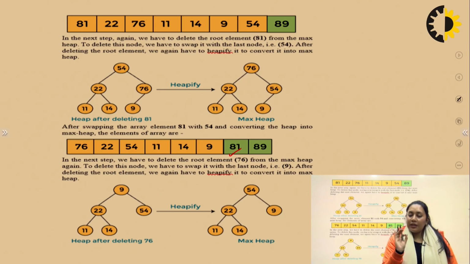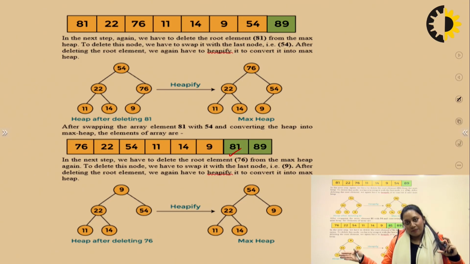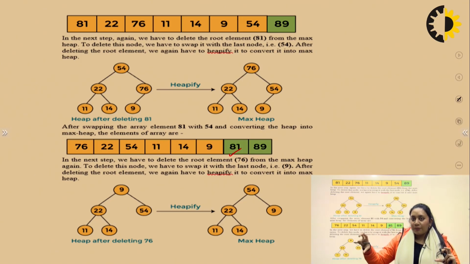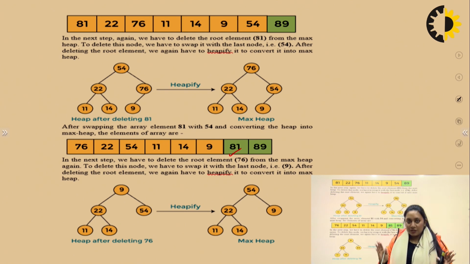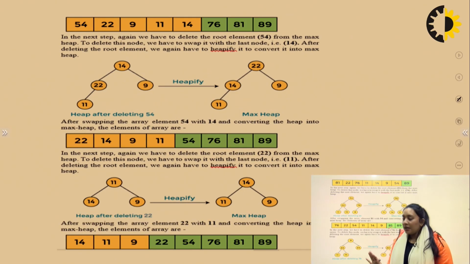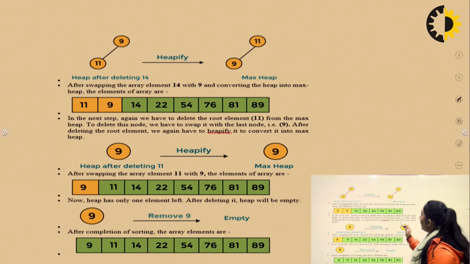First you need to heapify the elements in the form of a graph, a tree, right? Root, left and right. After heapifying, you need to arrange the elements in a linear order. And the last step of heap sort is that the first element is going to swap with the last element, and the last element which is swapped with the first element is the sorted element, and it is not considered in the remaining data present for making the max heap, right? Okay,